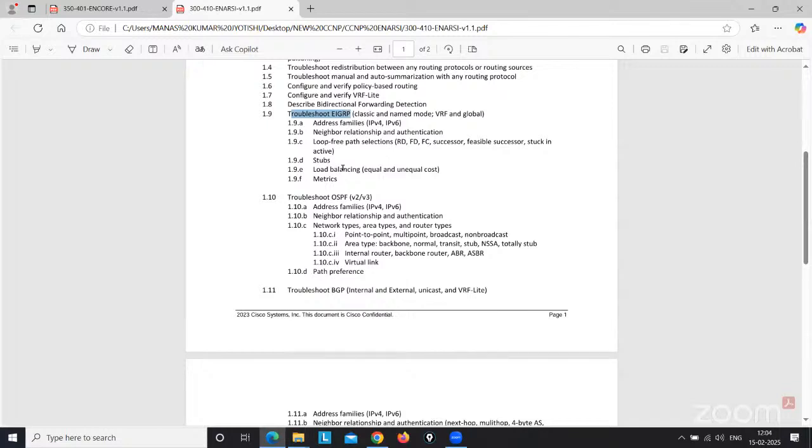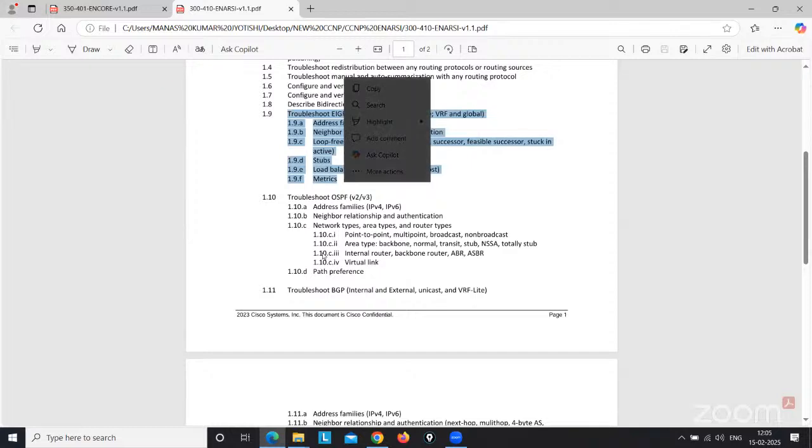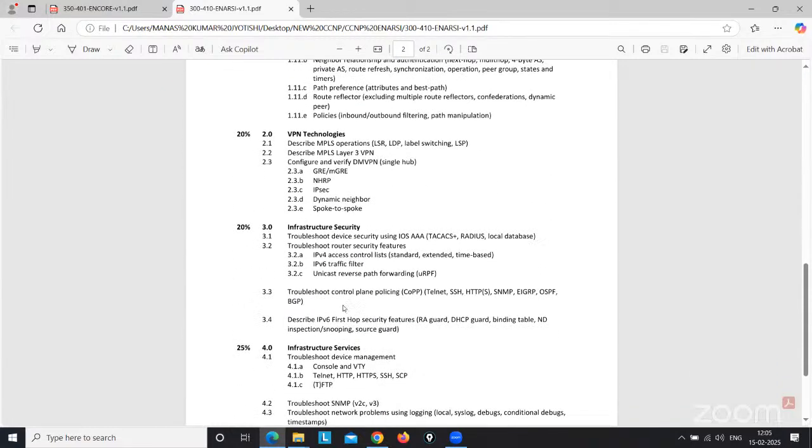If you want to revise EIGRP again, let me know before the start of the class, and I will do a very small diagram. I will explain all the theory and the concept behind EIGRP. It's up to you. Mainly 4 things: EIGRP, OSPF, BGP, MPLS, and the VPN.